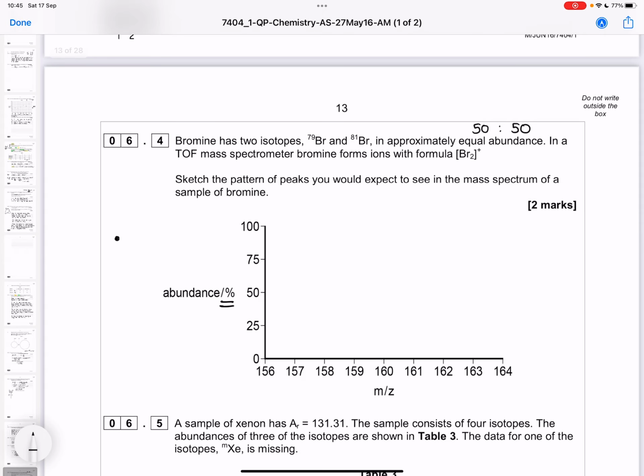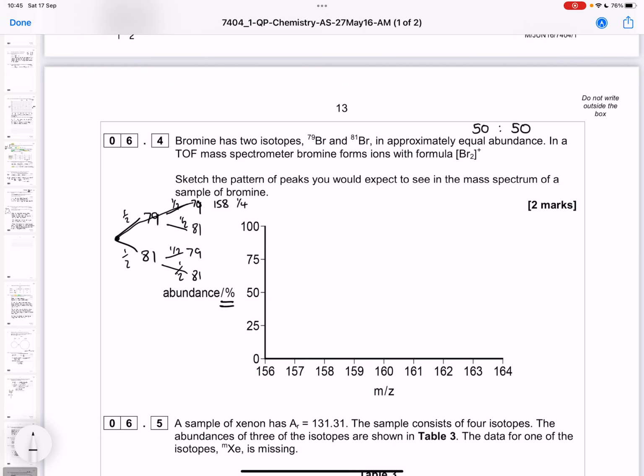So we need to think about what we would be expecting. We've got Br2, so our first Br could be a 79Br or an 81Br, and there's a 50-50 chance of that. And our second bromine in our Br2 could be a 79 or an 81, and we've got a 50-50 chance of that, so a half chance of each. So if I were to follow that first path, 79, 79, if you add up two 79s on your calculator, it's 158, and a quarter of the sample will end up there,